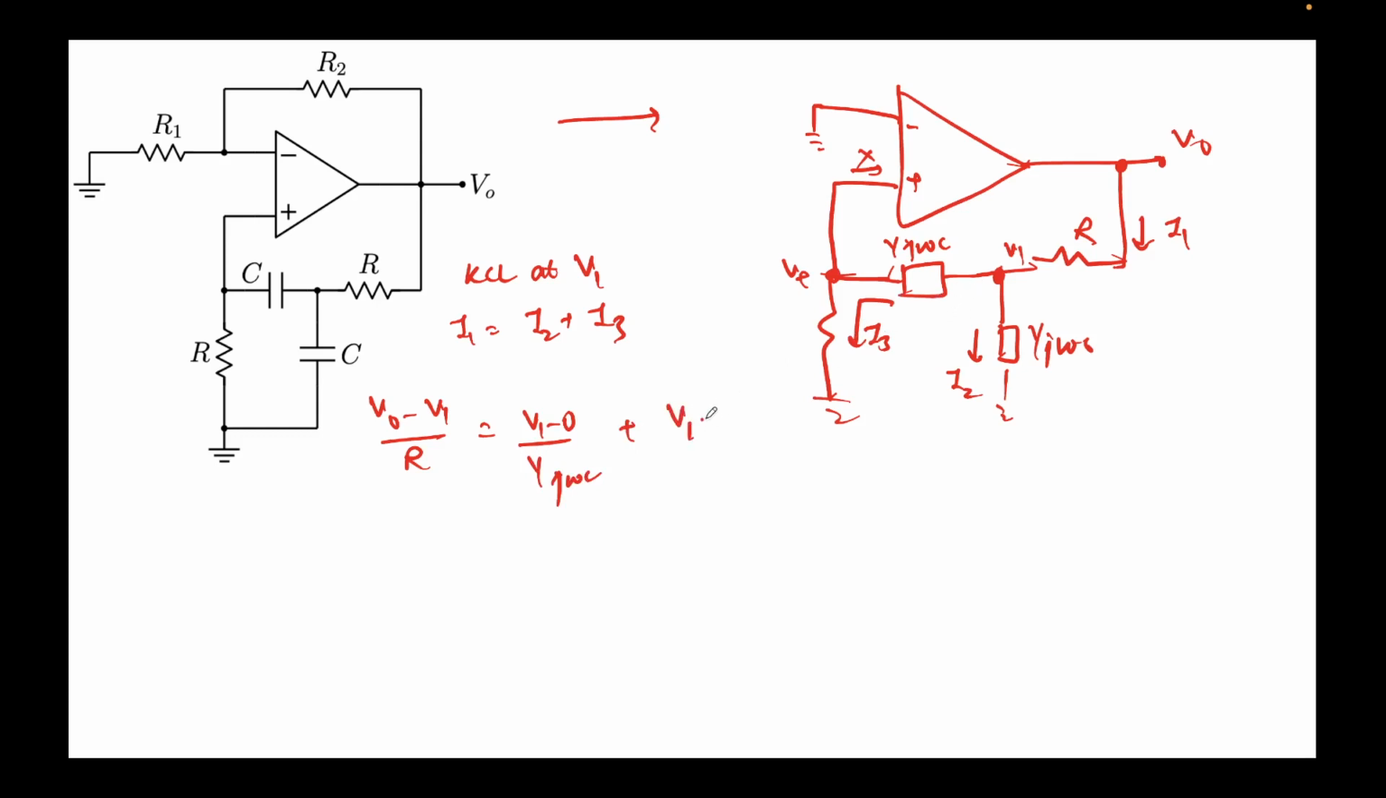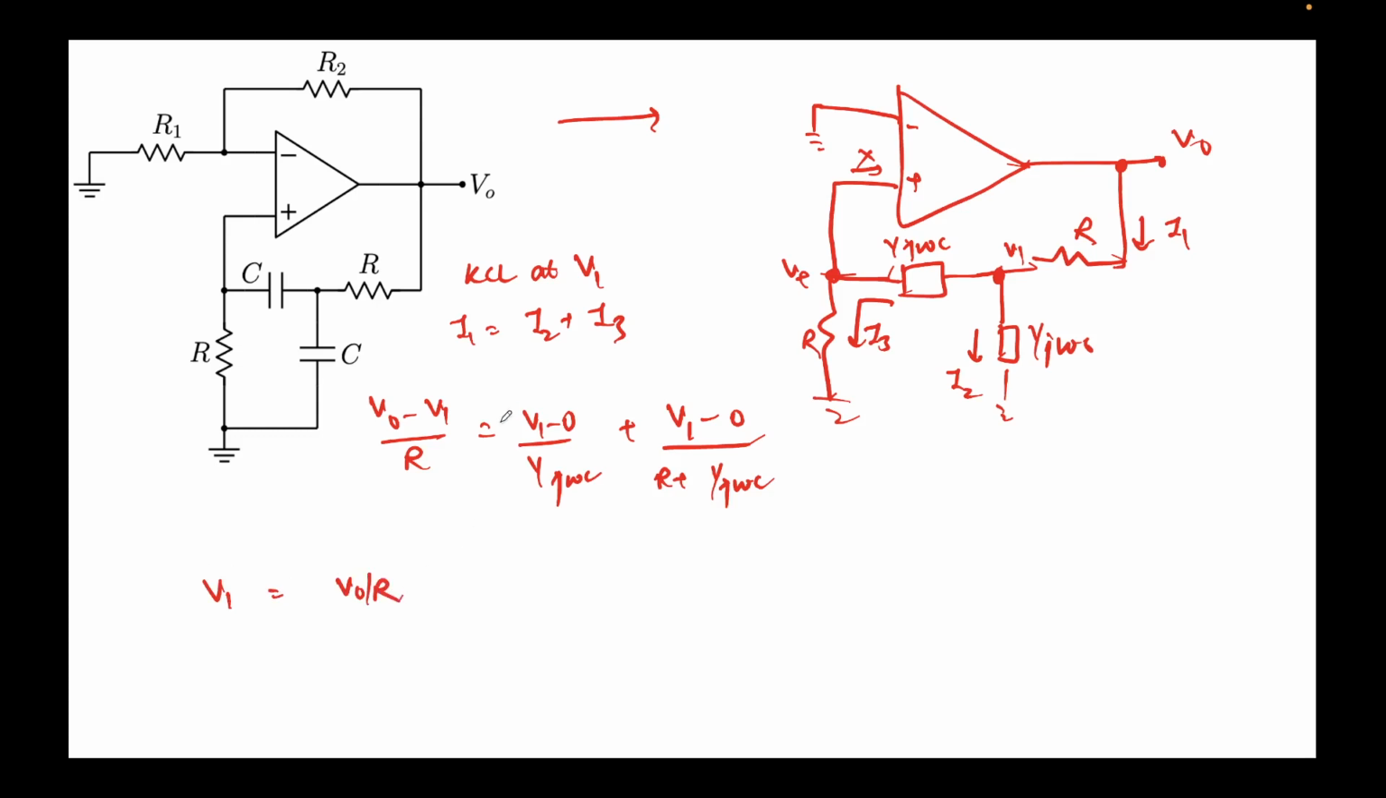(V1 minus 0) over this whole branch, which is R plus 1 upon j omega c, because they are in series. So from this I can obtain V1. It's very straightforward. You can just take all the V1 terms to one side. So V1 will be nothing but